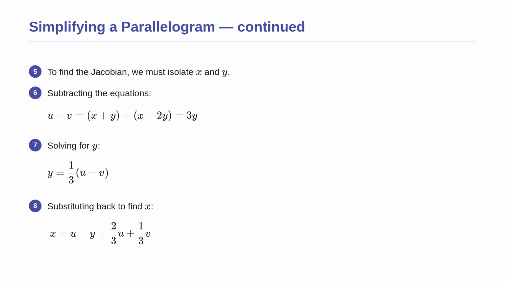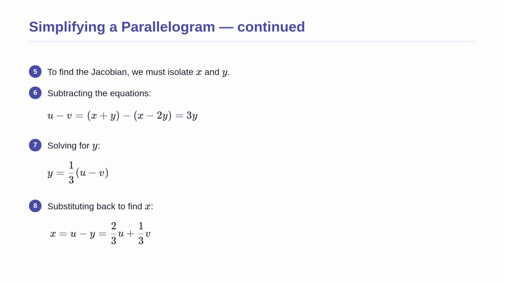By subtracting the v equation from the u equation, the x variables cancel out completely, leaving us with 3y. Dividing by 3 gives us y in terms of u and v. We then substitute this new expression for y back into our first equation to isolate x. Now we have both x and y defined entirely by our new variables, and we are ready to calculate the